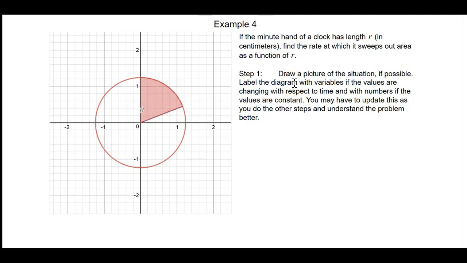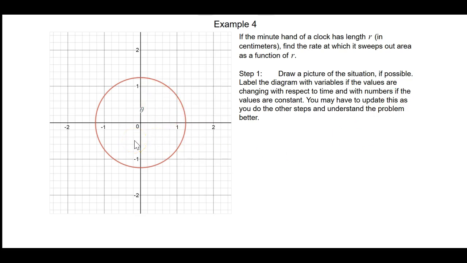And now this last example says if the minute hand of a clock has length r, find the rate at which it sweeps out area as a function of r. So this time t is not our independent variable, r is. We want to find the rate at which the area moves, but instead of expressing something in terms of t, we're going to be expressing it in terms of r,